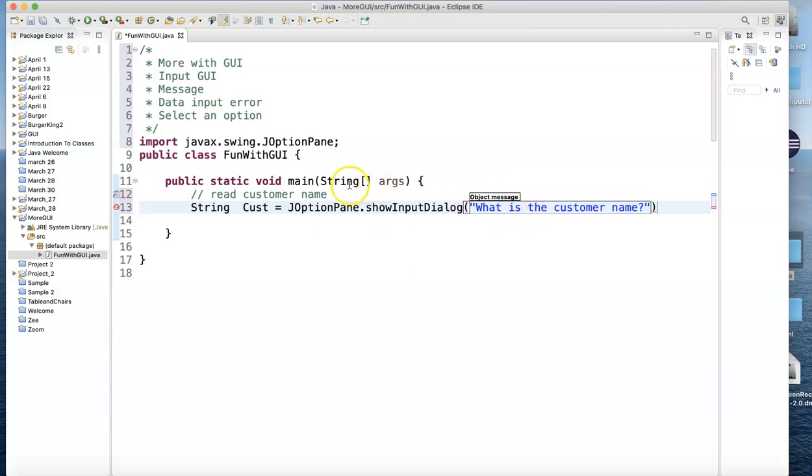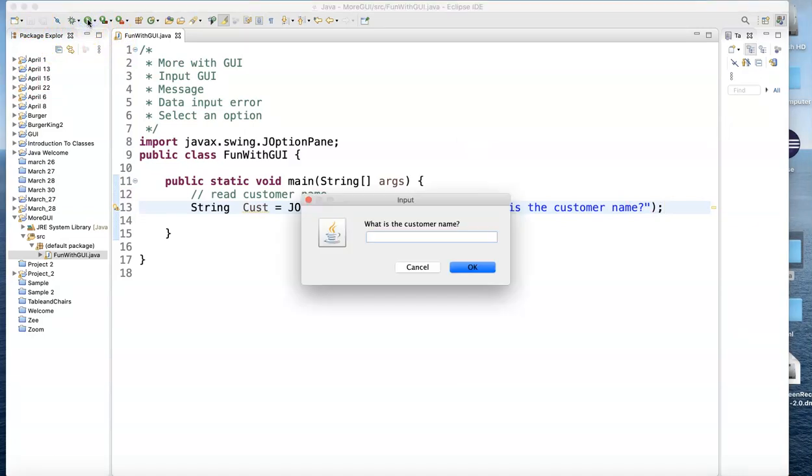Let's see what that looks like. Let's save, semicolon at the end. I forgot the semicolon always. And let's save this one and let's run it. Notice, what is the customer name? Question mark. And you type in, you click OK,